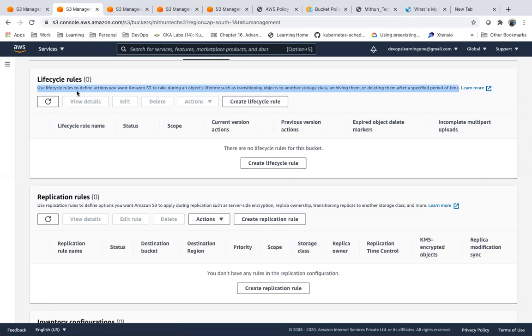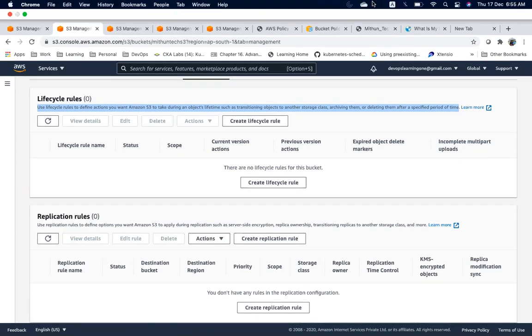So basically, use object lifecycle rule to transit your objects from one storage class to another storage class, or delete the objects after some time period.